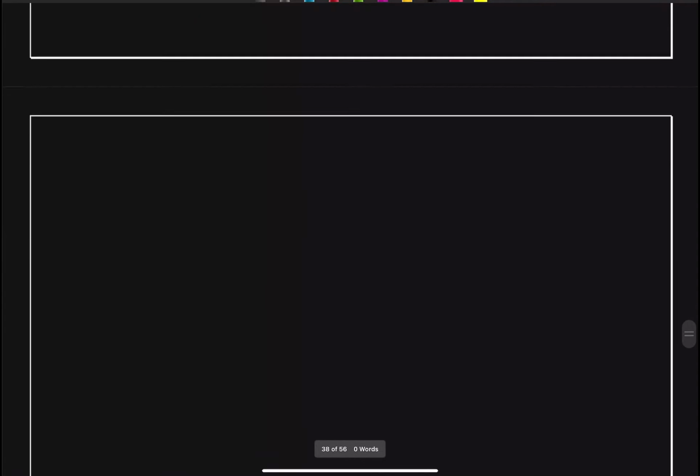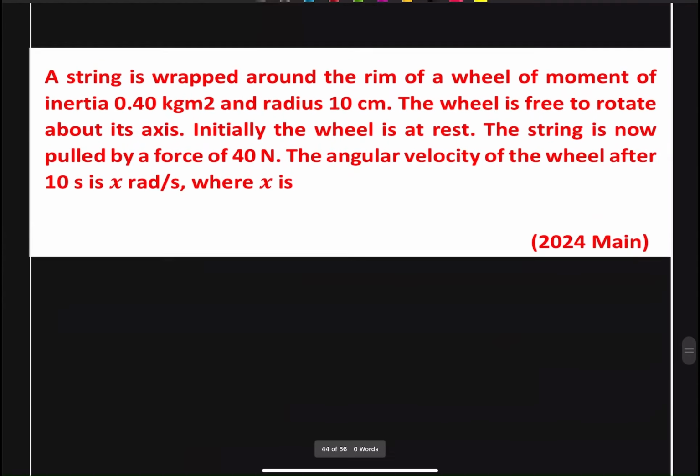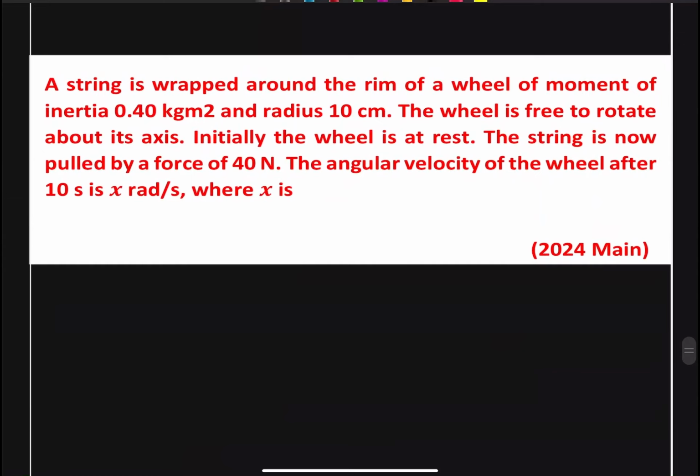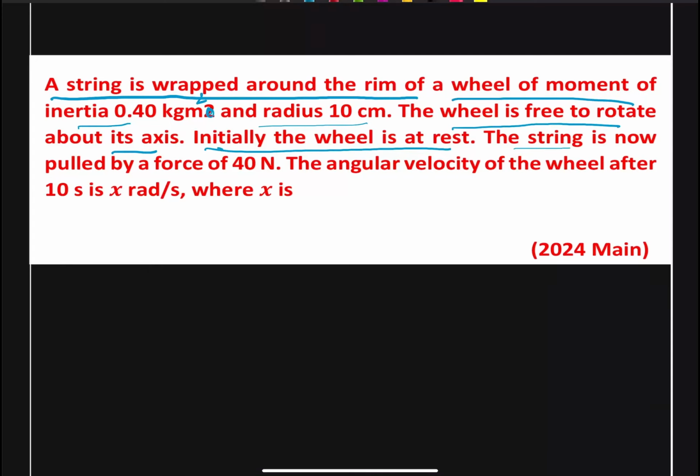Next question. It states that a string is wrapped around the rim of a wheel of moment of inertia 0.4 kg meter square and radius 10 centimeter. The wheel is free to rotate about its axis. Initially the wheel is at rest. The string is now pulled by a force of 400 Newton. The angular velocity of the wheel after 10 seconds is x radian per second. The value of x is,